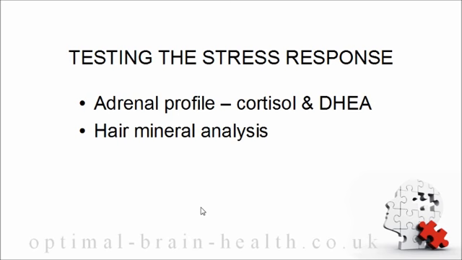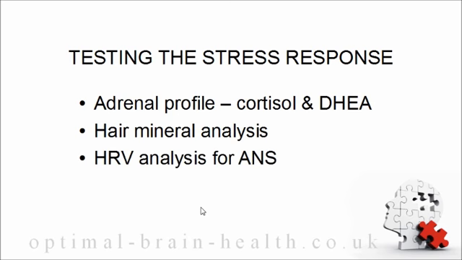I just want to touch on an assessment of the autonomic nervous system. Remember the sympathetic and parasympathetic balance that I mentioned. For this you can use a tool called heart rate variability analysis. It's not a lab test, but more like an office-based tool, or even a home-based tool. It's not a perfect assessment of the autonomic nervous system, but it can be useful, and if you're willing to